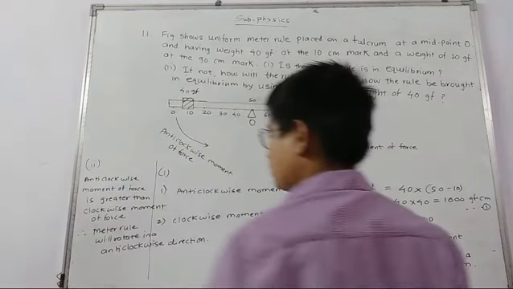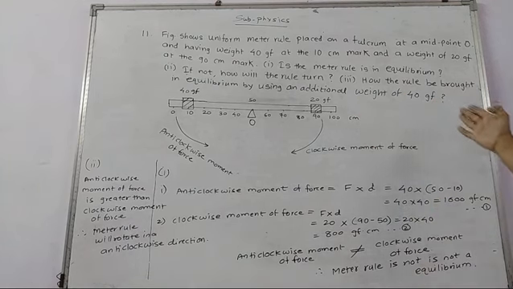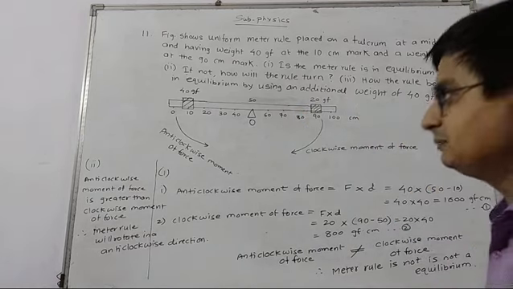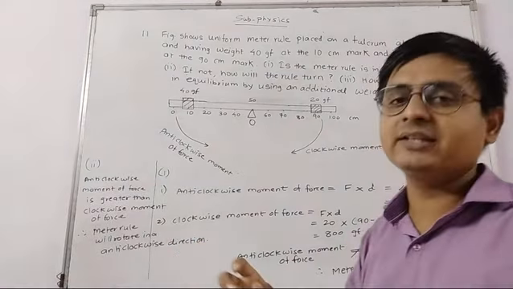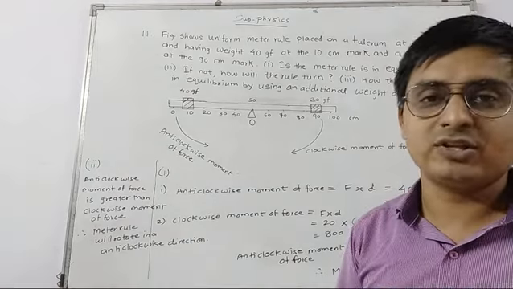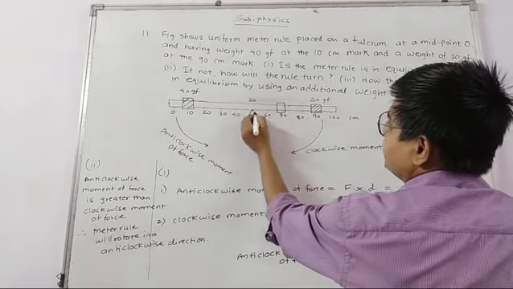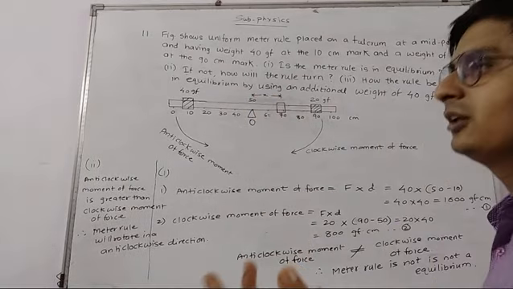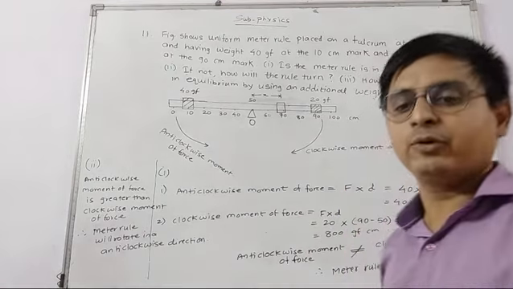That was the second question. Okay, now we'll go to the third problem. They ask how the rule can be brought into equilibrium by using an additional weight of 40 gf. We see that the anti-clockwise moment is greater than the clockwise moment. We should add this 40 gram weight somewhere that will produce a clockwise moment. Suppose I add it here, and the distance from the fixed point is, let us say, x. It is up to you whether to take x, y, or whatever you want for the unknown value. It is your choice.